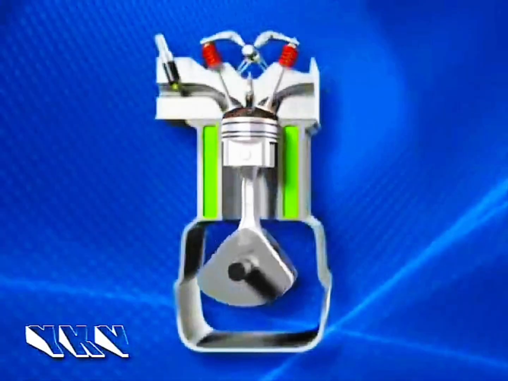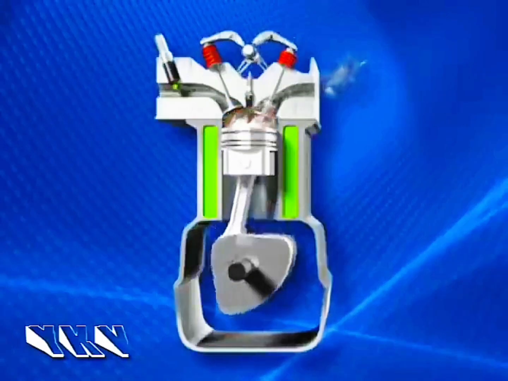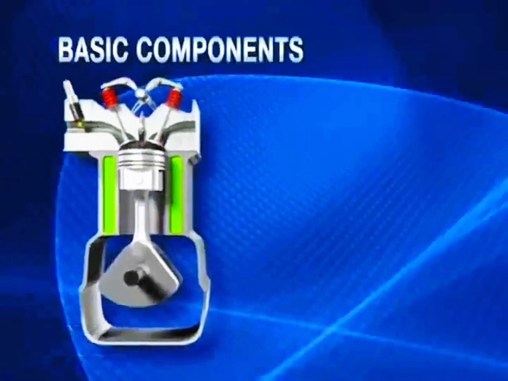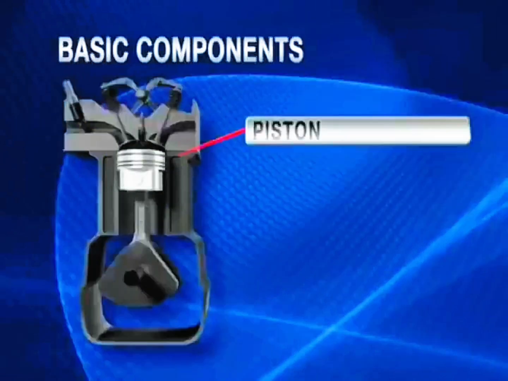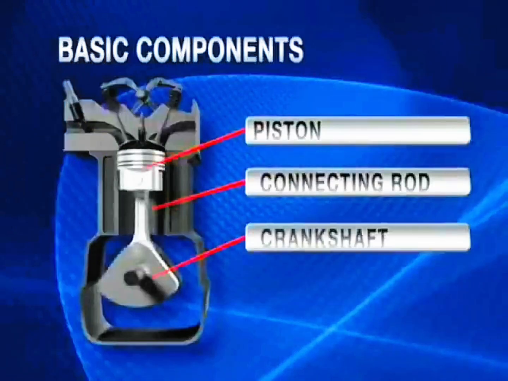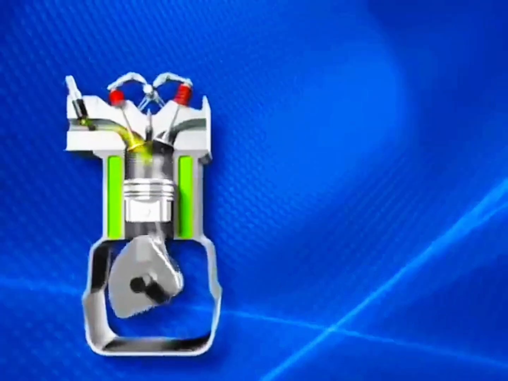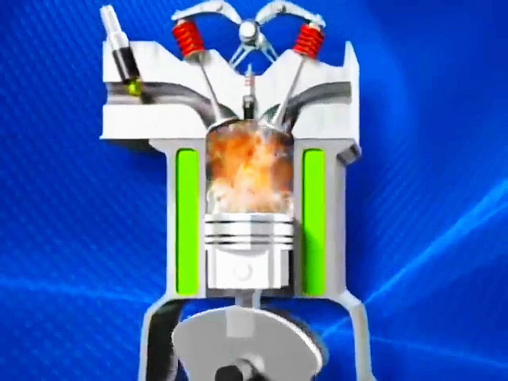A basic lesson in the fundamentals of a 4-stroke EFI gas engine may be helpful to your understanding of Mercury products. Here are the basic components of every 4-stroke gas engine: a piston, a connecting rod, a crankshaft. As the piston travels up and down in the cylinder, this lateral motion is turned into a rotating motion at